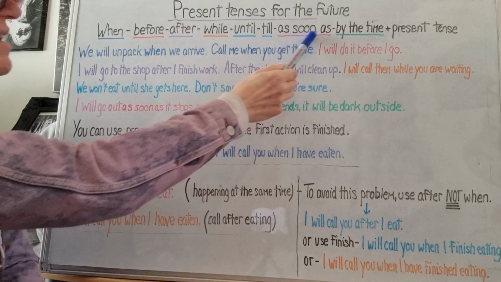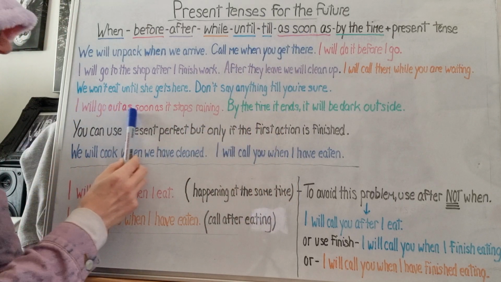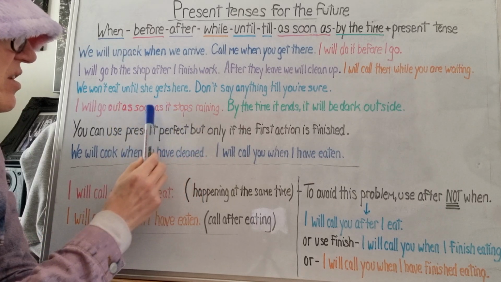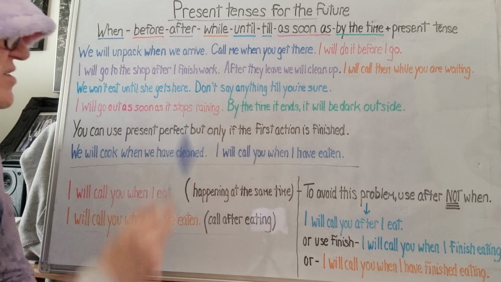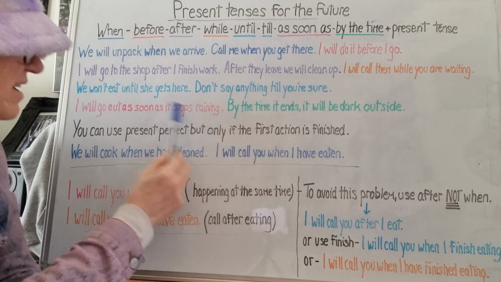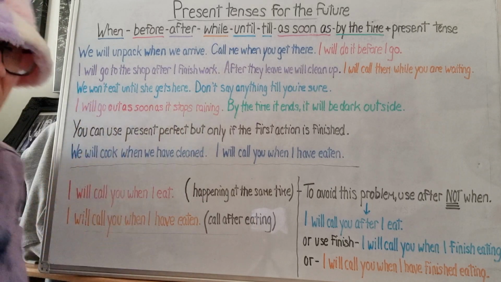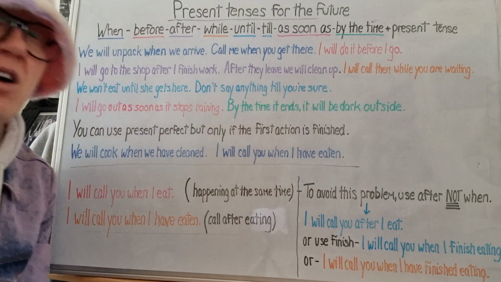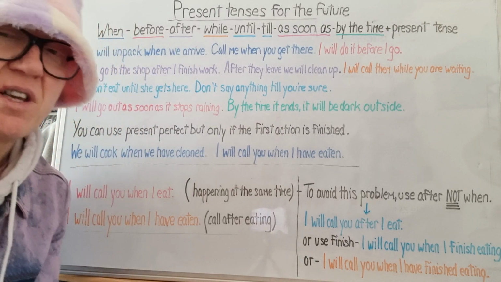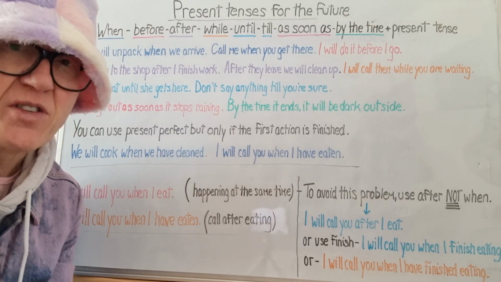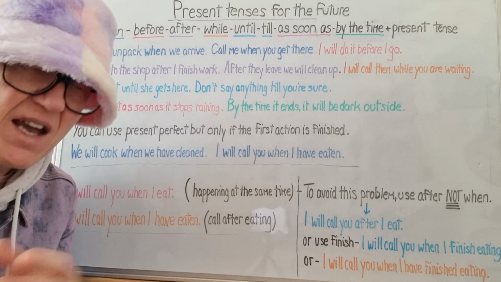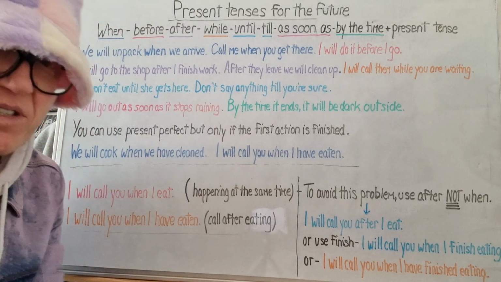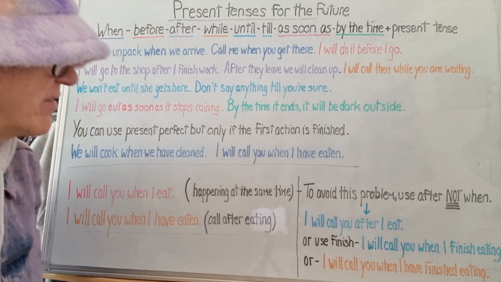Okay. Next, as soon as. I will go out as soon as it stops raining. Okay? As soon as it stops, present simple. Not as soon as it will stop. As soon as means when this happens, this will happen quite quickly. Not maybe immediately, but quite quickly. So, oh, it stopped raining. All right, let's go. Or, as soon as she arrives, we will leave. So, as soon as she gets it, oh, there she is. Hi, all right, everybody, let's go. As soon as. When it happens, another action will happen very quickly after, okay?